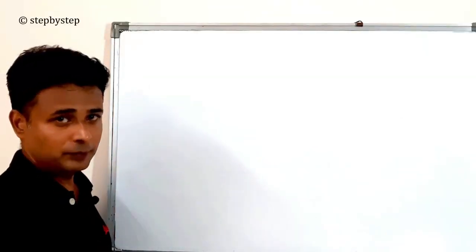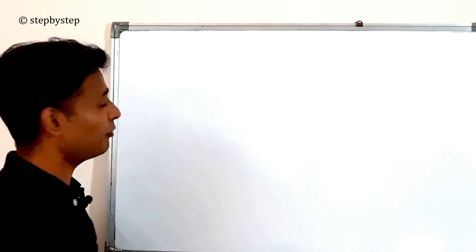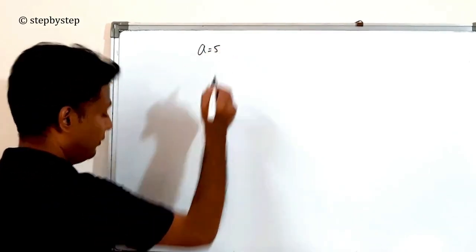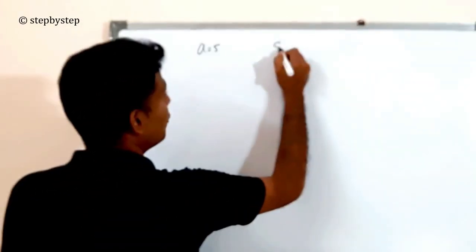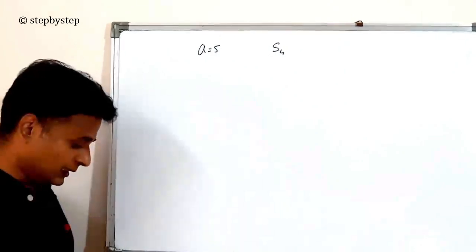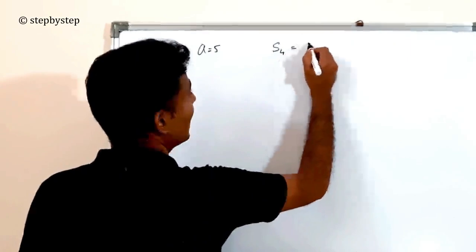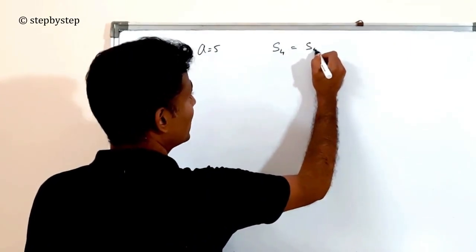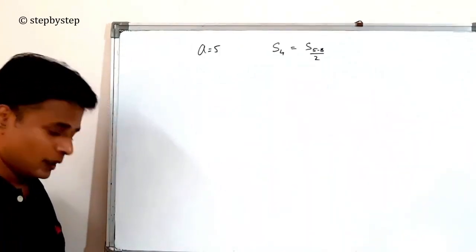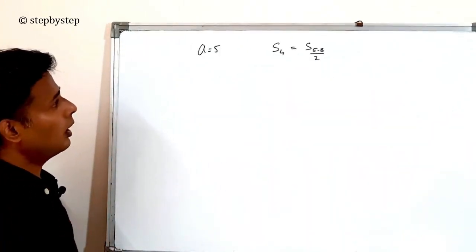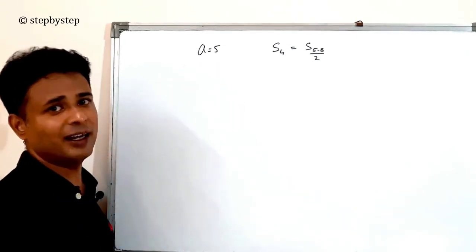Now the sixth problem. Find the common difference of an AP whose first term is 5. So a equals 5, and the sum of its first 4 terms is half the sum of the next 4 terms, that is from the 5th to the 8th. Now they have given us a and there is one unknown, that is d, which we have to find,